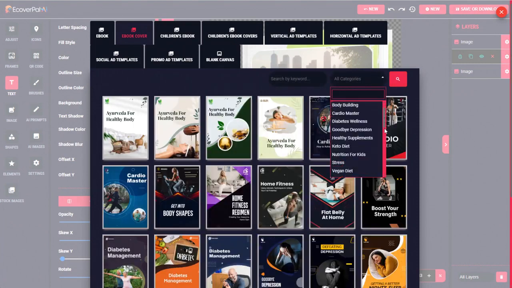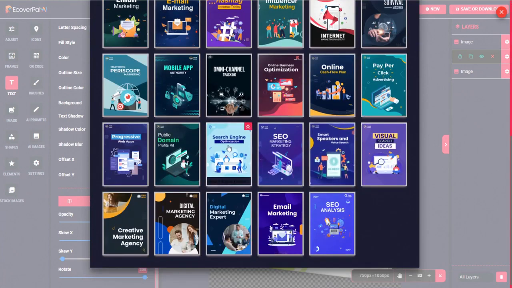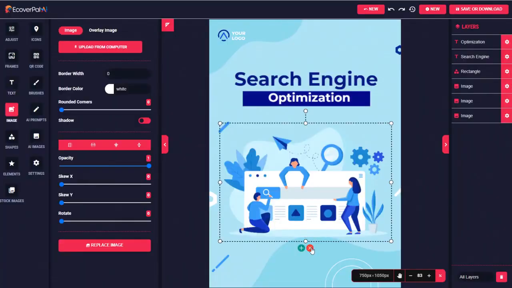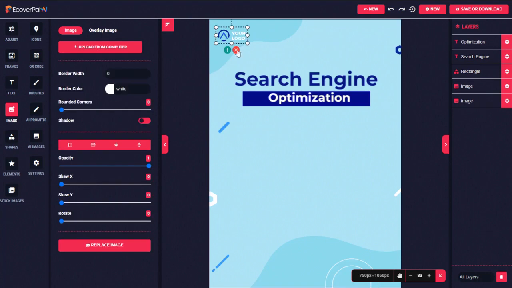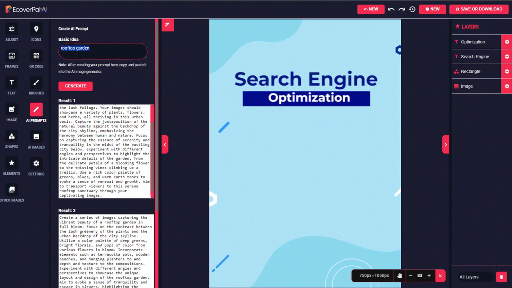So I'm going to start by finding sort of just a very simple template. Over in the digital marketing category, I noticed one for search engine optimization. I'll go ahead and get rid of that image, and I don't need the logo either. And I've got an idea for a kid's book about an elephant. So I'm going to go over to the AI prompts, and my basic idea is just crazy elephant like Dr. Seuss. That's all I'm going to type, and I'm going to click generate to allow our tool to come up